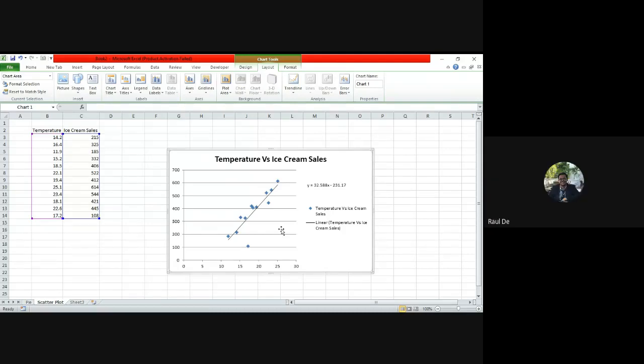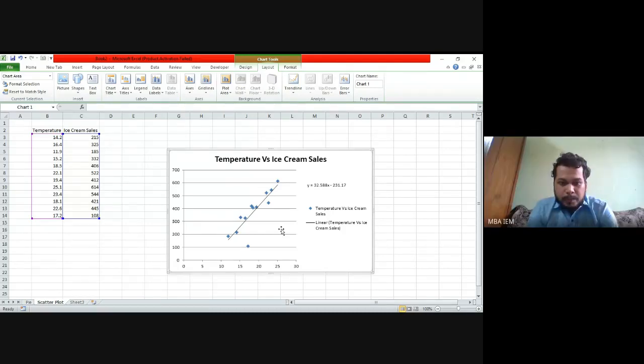Scatter plot is basically done primarily when we are analyzing two variables, the relationship between two variables. We do this kind of analysis in statistics, right? When we are analyzing what the relationship is between dependent and independent variables, we do this kind of analysis in regressions or in finding out correlations, right? So in those scenarios, we generally use scatter plot.